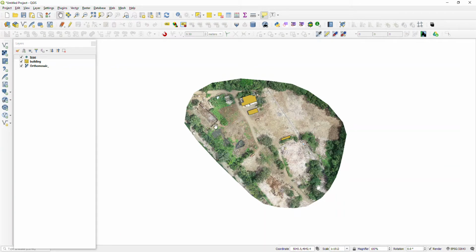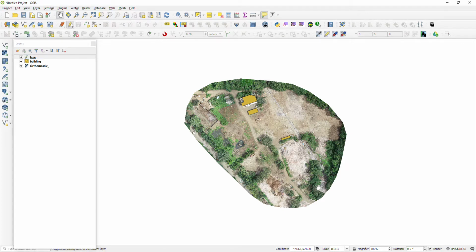Now I am going to digitize some of the trees, capturing the central location of each tree. For digitizing the trees, keep the tree layer as the active layer and go to toggle edit. See here that add point feature is in disabled mode by default.